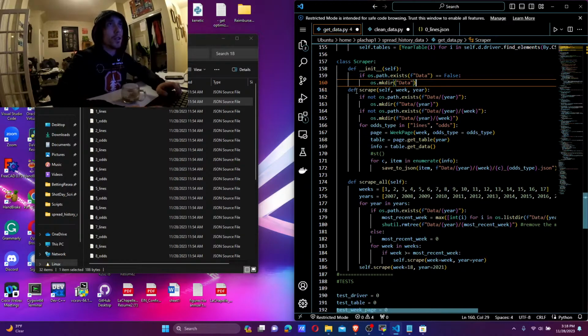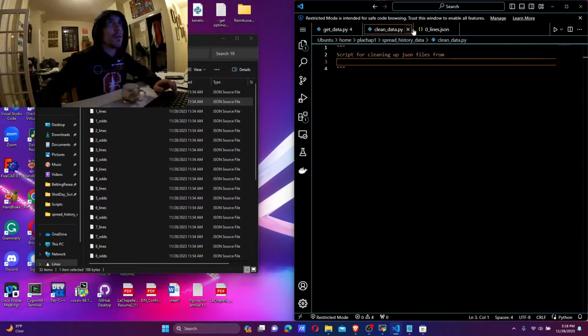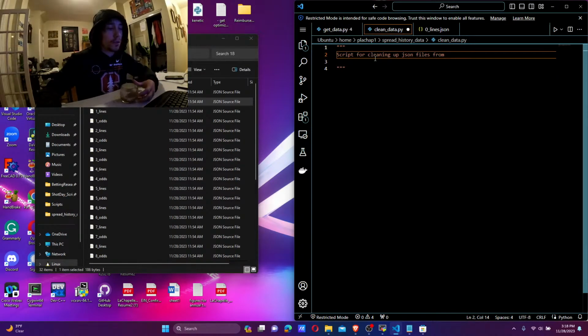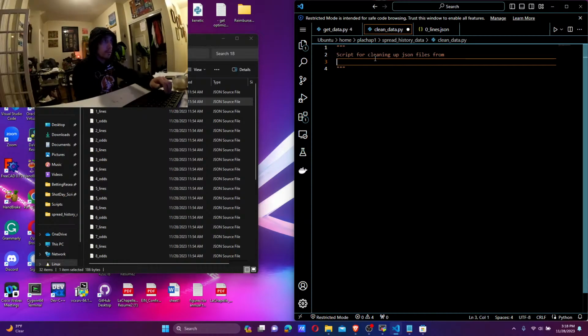And that will make it so that this could all just be in one Python script folder, one folder. So when I upload this to GitHub, it'll just be the 2 Python files and then the final Excel file. All the data stuff is just intermediate. And anyone who wants to scrape the data themselves just first runs get data and then they run clean data. Easy. Okay, so this is a script for cleaning up JSON files from